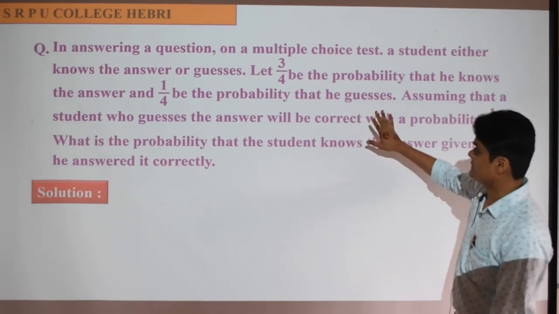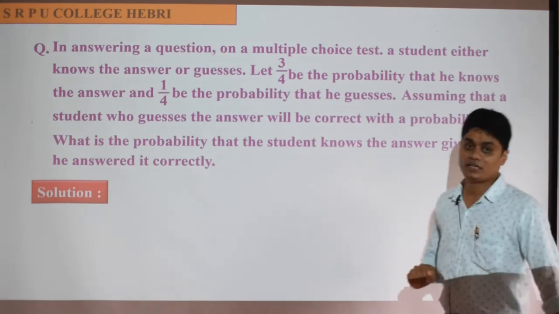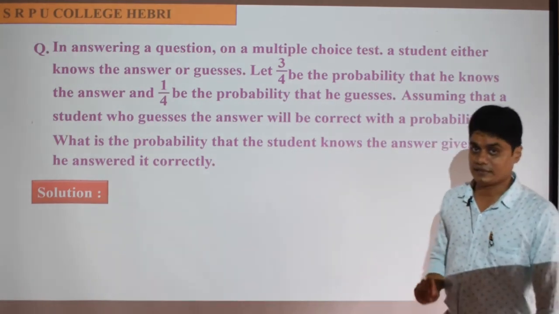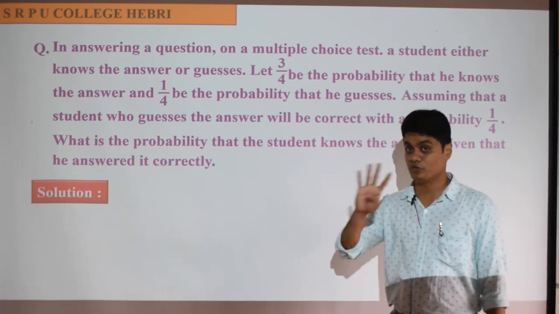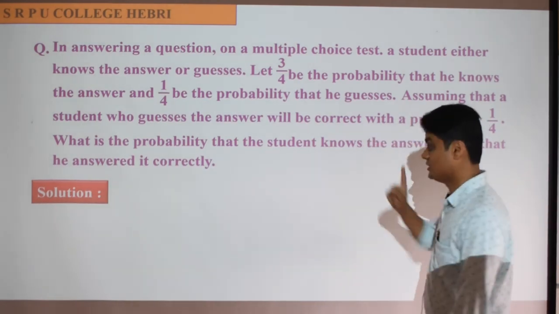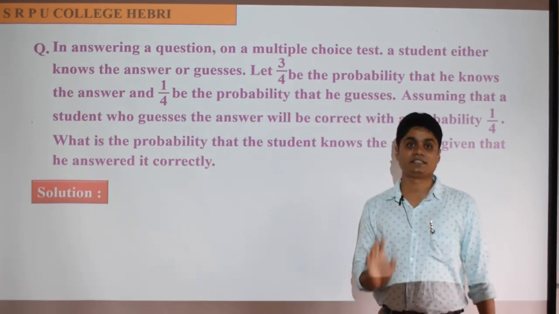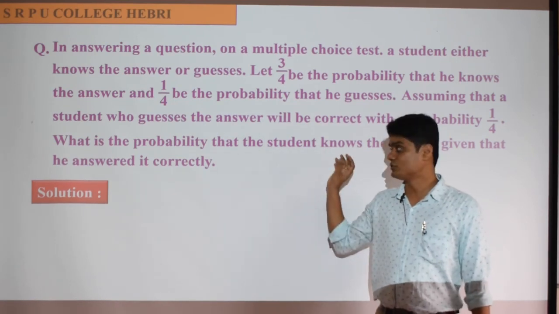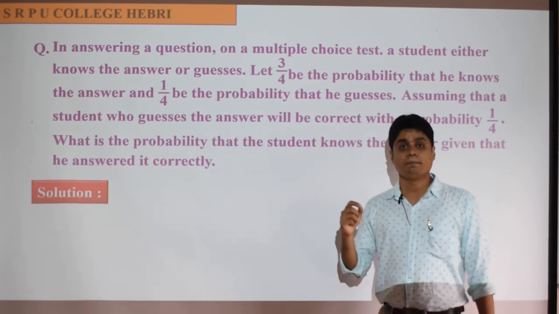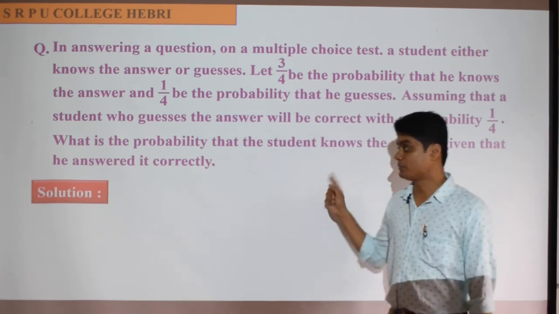Yeah, some numbers are visible, right? 3 by 4 is there, 1 by 4 is there, another 1 by 4 is there. If you observe carefully, there are 2 events. So how many numbers are required? 4 numbers are required. 3 are available, 1 you have to identify. So I want to know whether you will identify that number which is actually hidden in this sentence. So definitely you can identify that number, the missing number, and find out, okay, probability of maybe E1 bar E2,